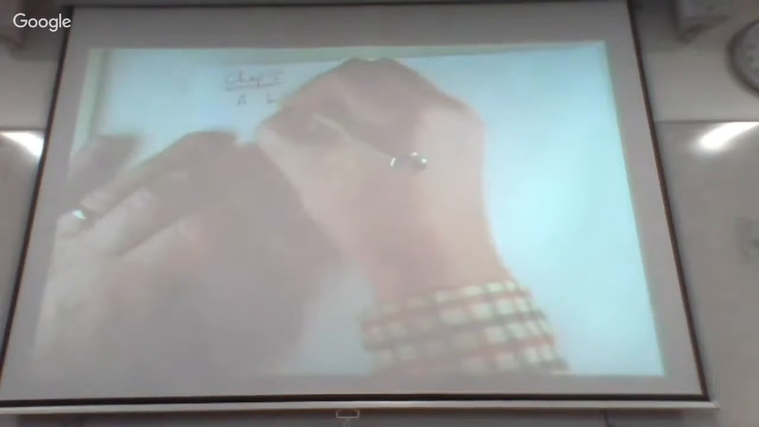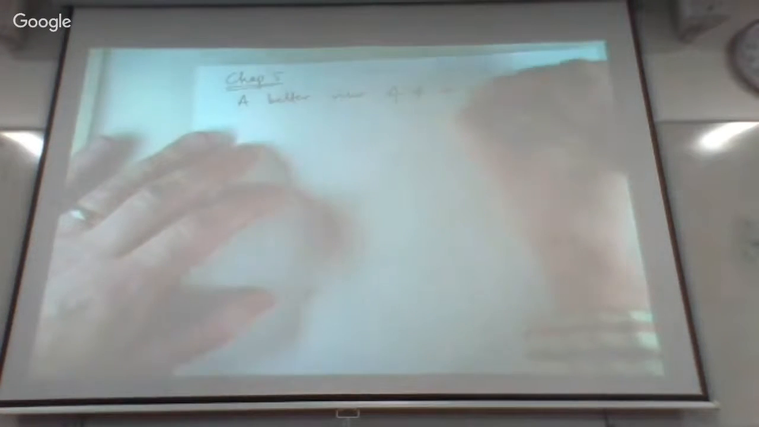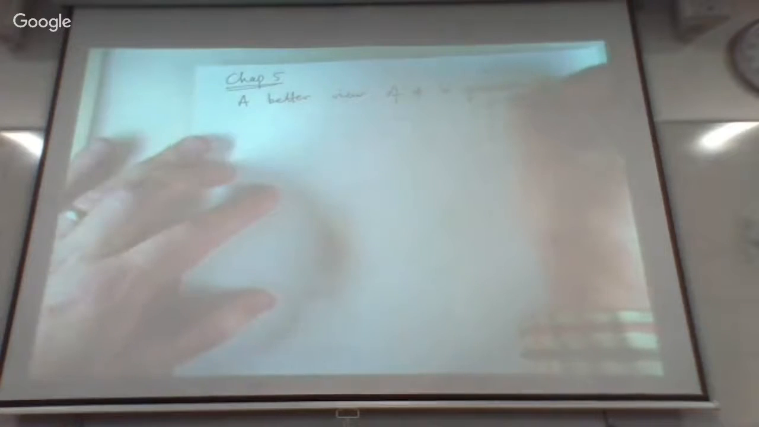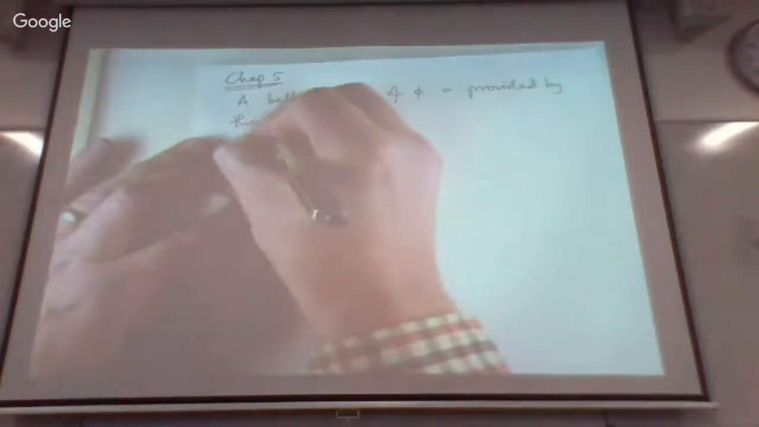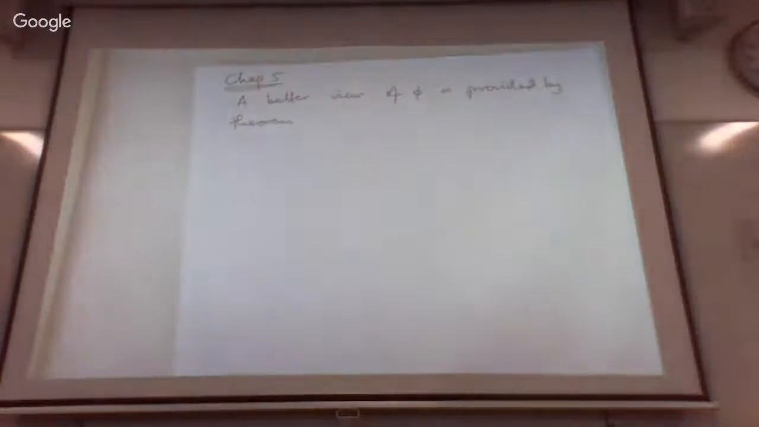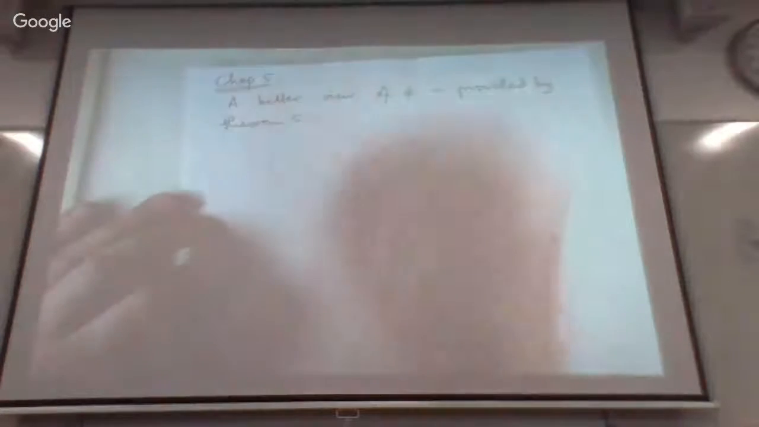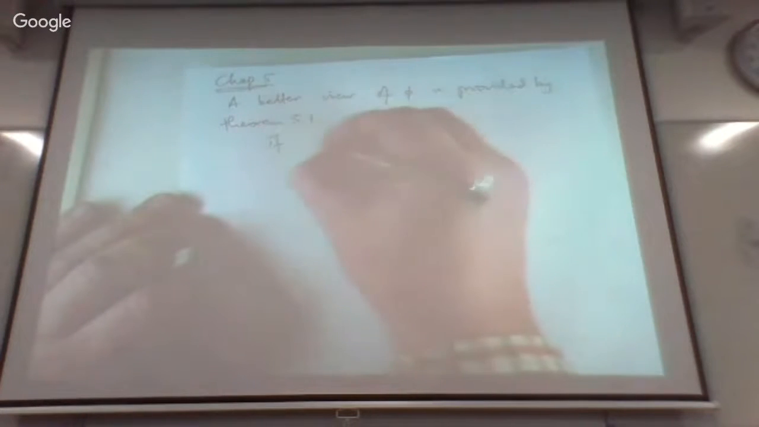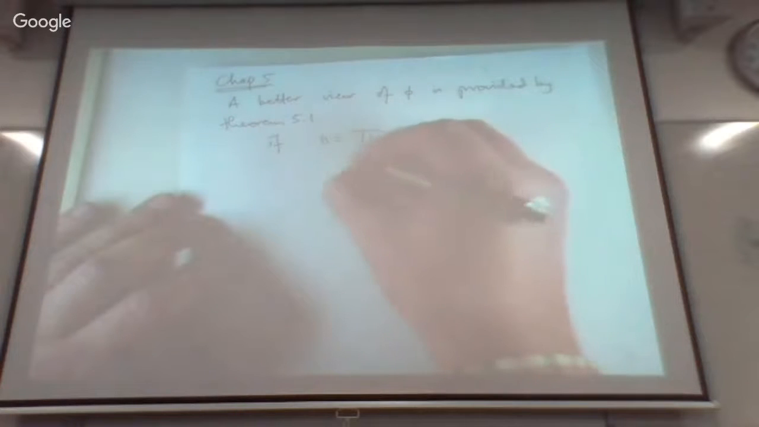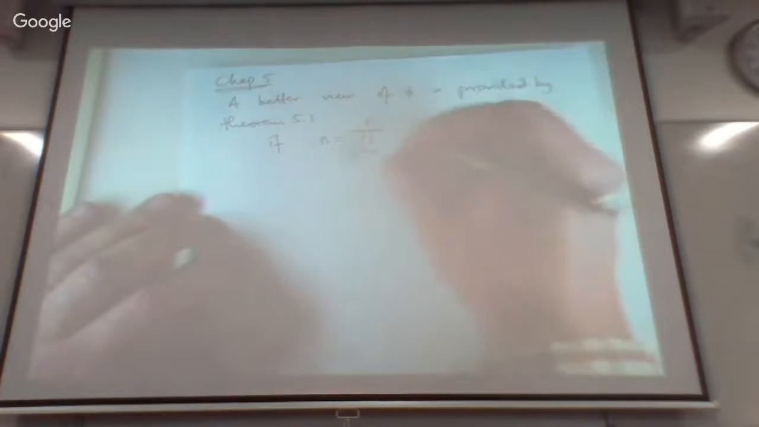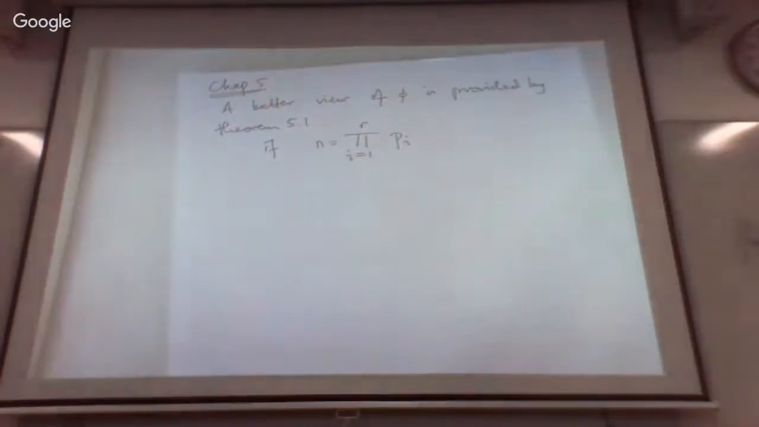So a better view of phi is provided. What I mean, we're introducing these results, setting them in context, looking at the interesting result. But a better view of it is provided by Theorem 5.1. And this is another way of, what have I used, alphas or? I'll use